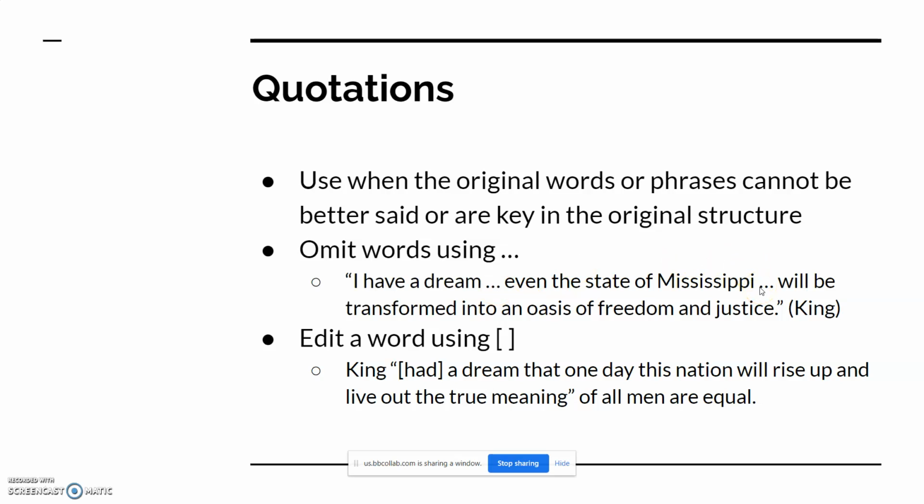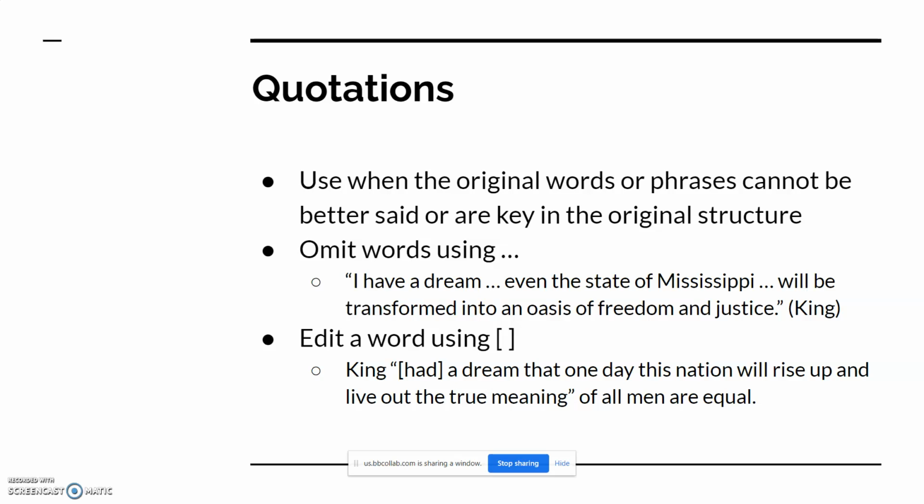If I want to edit a word, I use the bracket. So not a parentheses, but the actual bracket. So King, and then I had bracket, had a dream. Because in the speech it says, "I have a dream," now I need to change it to "had," because that's the proper verb for this sentence. And that's how I could change it. You can also use that when you need to change something from lowercase to uppercase or uppercase to lowercase,